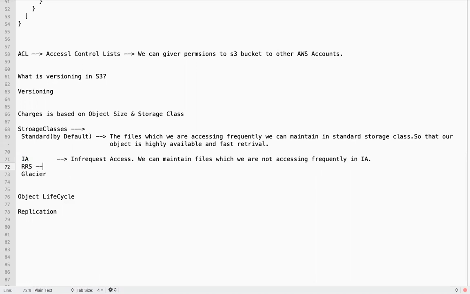And we have one more category, RRS, reduced redundancy storage. What type of files can we maintain here?